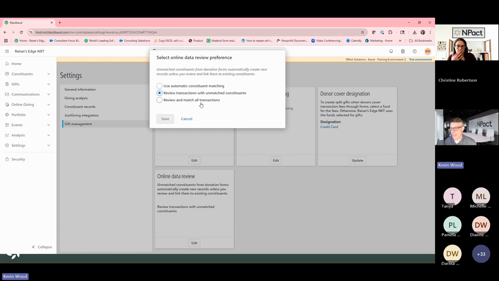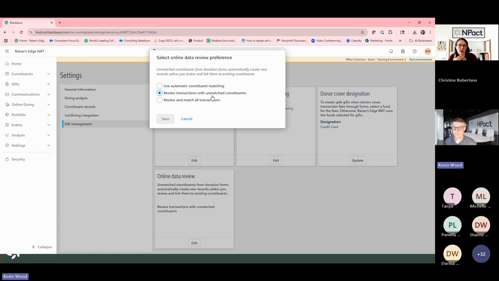There could be a need for that, I guess, maybe if you have a lot of records with a lot of similar names, or a lot of big families with juniors and seniors and thirds and fourths and whatever else. So that could be an option as well. But I encourage clients to just leave it here in the middle, so you can confirm those matches